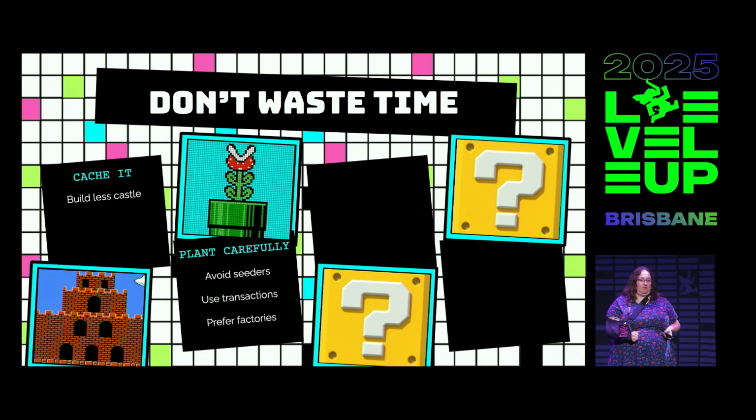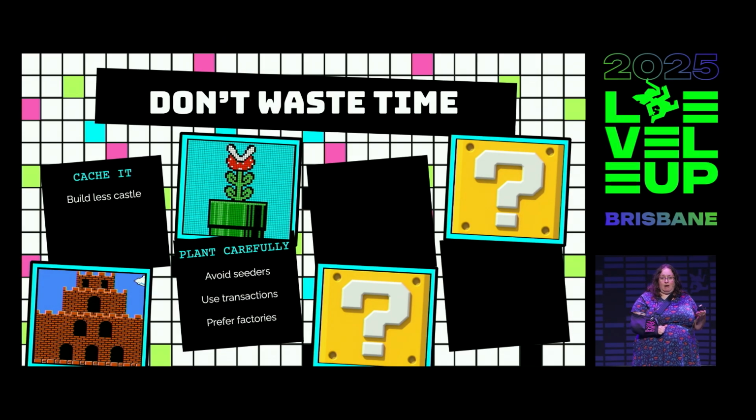Next, plant carefully. Another huge slowdown I see, and I literally fixed this in a code base a couple of weeks ago, is running large unwieldy seeders in the base test class's setup method. So when you are seeding entire swathes of lookup tables for every single test, even if you're not going to look at them in that test. Database I/O is expensive. Make sure you avoid doing it until you have to do it and do the least amount of it for your particular test case. If possible, avoid the seeders altogether.